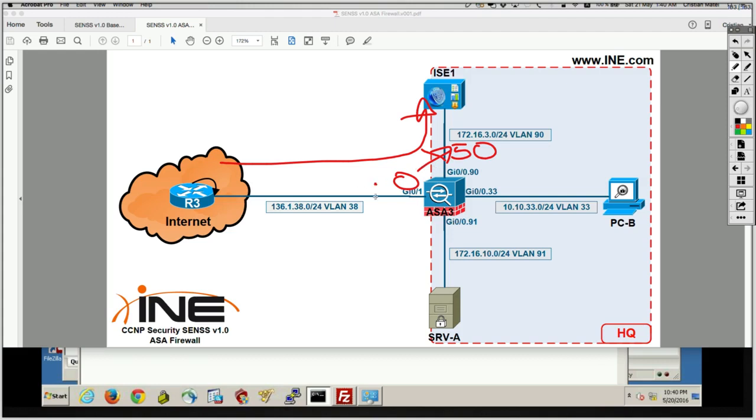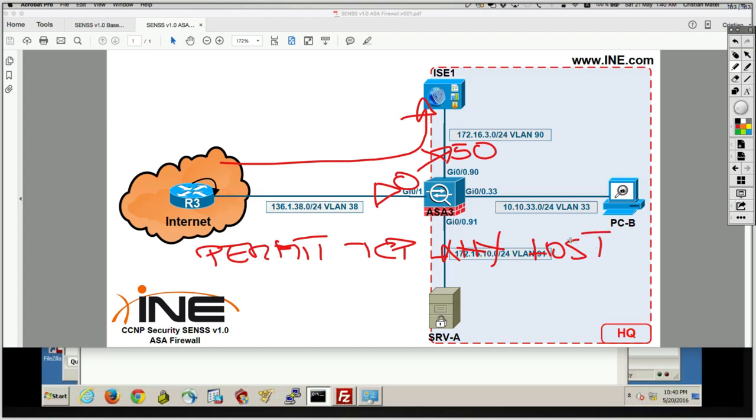In the inbound ACL I am going to say permit TCP any, which is anybody from the internet, destined to host, and then I put in the real address of ICE, not the mapped address of ICE, to host 172.16.3.100 on port